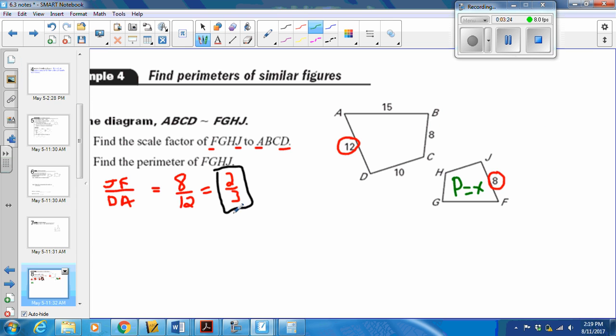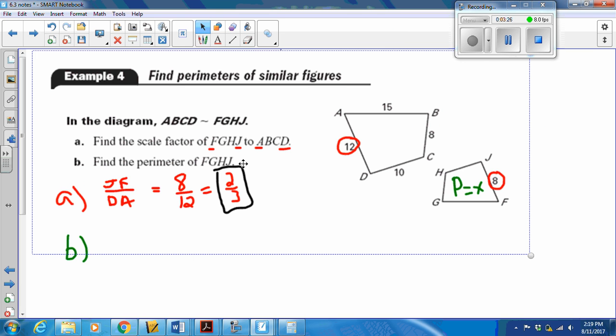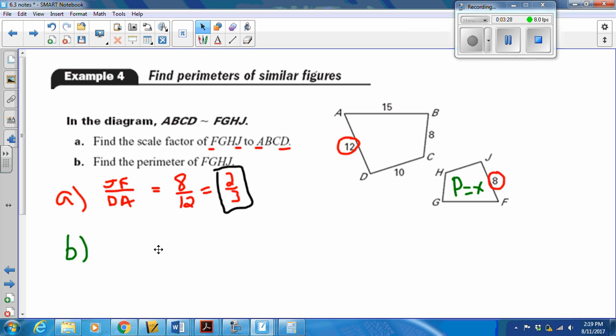So what we're going to do is we're going to use our answer that we received from the scale factor and set it equal to the perimeters of our two polygons. Okay? Meaning we're going to take our 2/3, because that's our scale factor, and set it equal to the perimeters